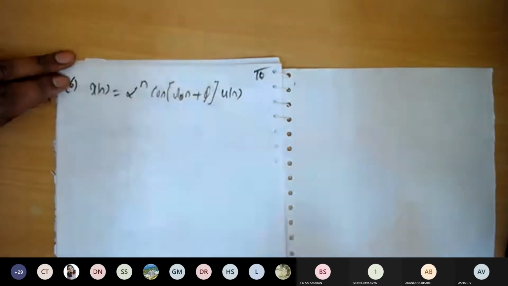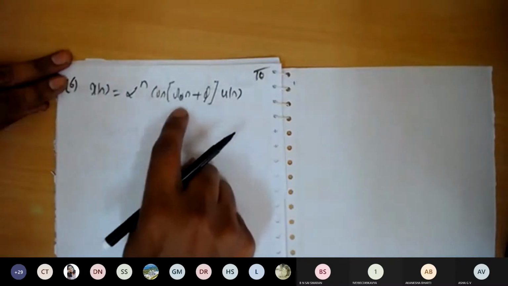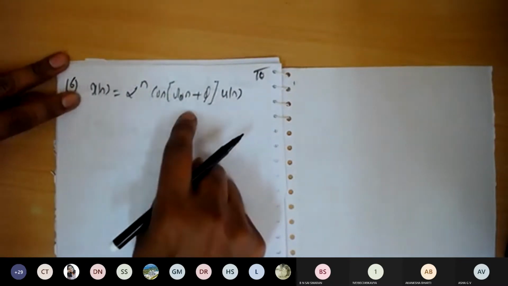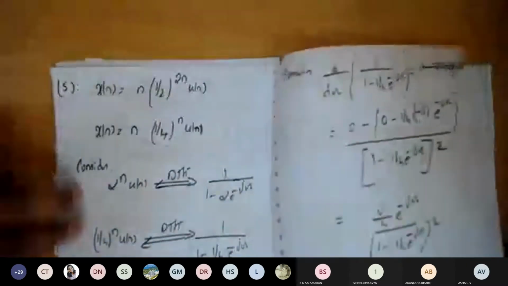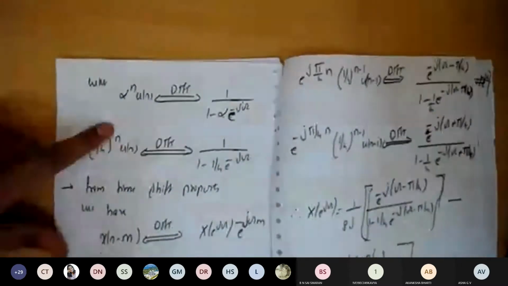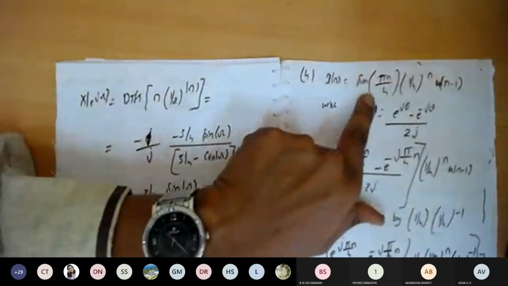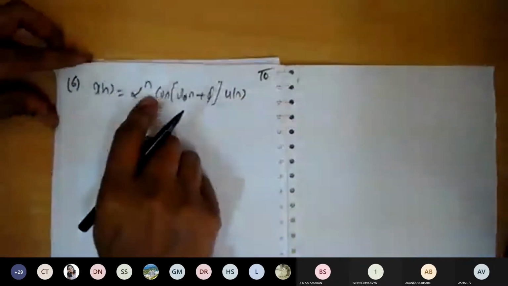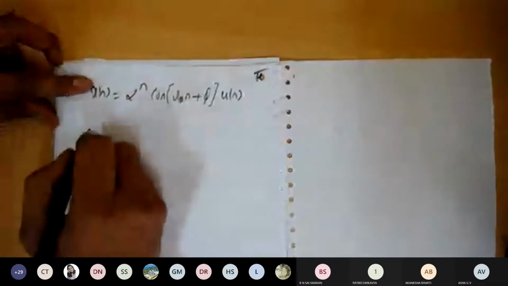So what I'll do is I'm not going to apply the property for this one. I will solve this one by using the direct method, by evaluating the formulas. Let us see how the solution comes out when compared to the previous problems. In the previous problem, similarly, we solved the sine function. In a similar way, we are going to solve this problem by using the normal time domain method, without applying the properties. Let us see what we get.